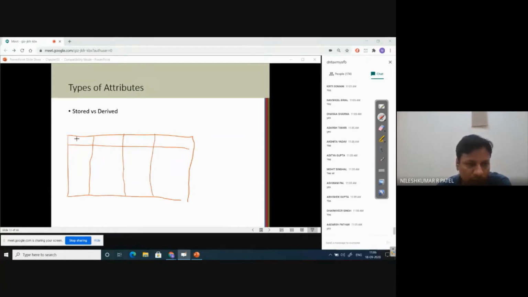Assume this is attribute number 1, attribute number 2, attribute number 3, attribute number 4, any attributes it can be, and the table name is, for example, XYZ, or the entity type is XYZ, having some records: A, B, A, C, something like this, and having here A, C, C, D, something, P, Q, P, Q, or something.